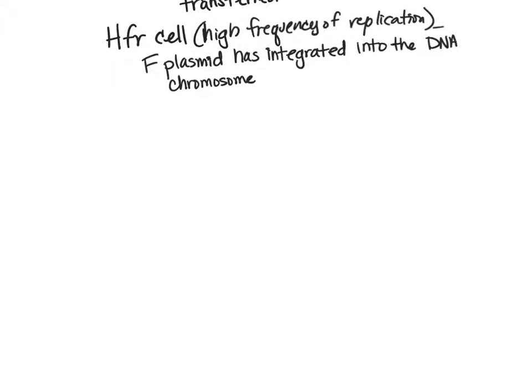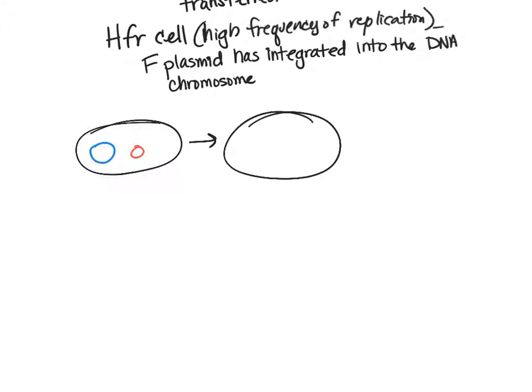within the cell itself. So if we have our bacterial cell, and we have our host chromosome, and we have our F plasmid, then what we see is this F plasmid is going to be integrated into the chromosome. So now that is part of the entire chromosome. Then when it goes to excise itself at some point, it does this imprecisely. And when it does this imprecisely, it's similar to, again, our specialized transduction, except this is just within the cell